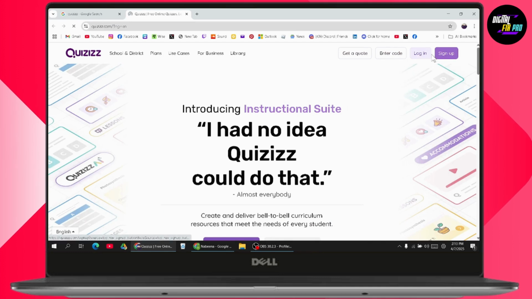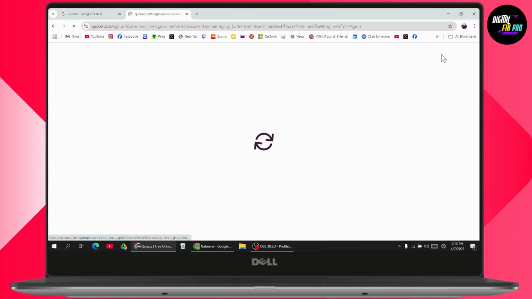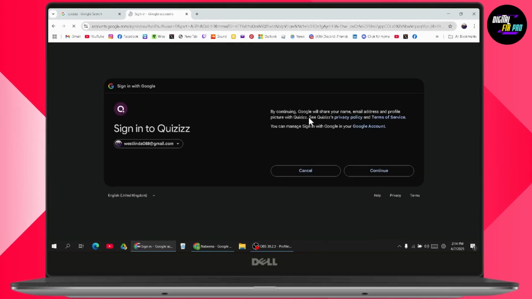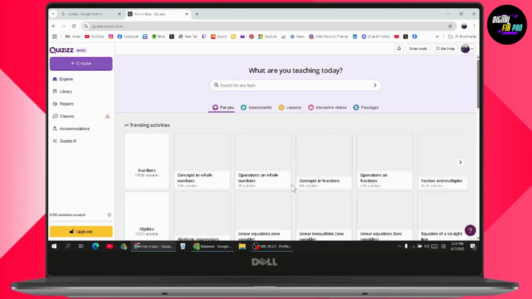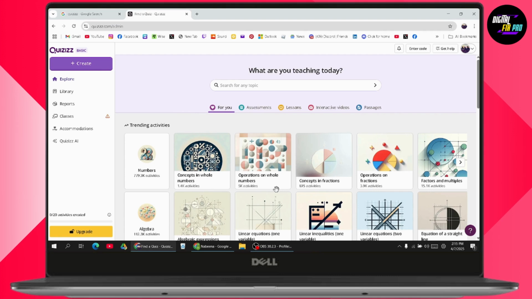But if you've not created any account, then you can go with sign up and create an account. So I'll just continue with my Google. Once you've created it, you need to log into your account. Now after logging in, if you want to create a quiz, then after logging into your account, you just need to